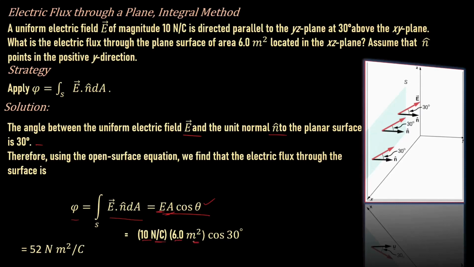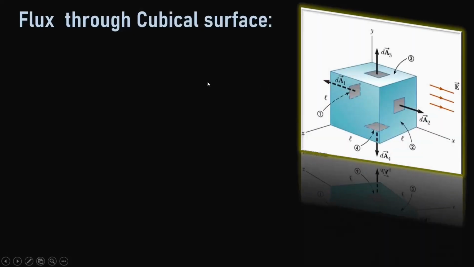They are already in SI units, following the SI system, so there is no need to change the magnitudes. Let them be the same. And this time for cos theta we simply put cos 30 degrees. On multiplying we will get the answer. So this will be the flux associated with the entire surface area S. This is how for different orientations you can compute the magnitude of the flux. Now let us see another important situation.